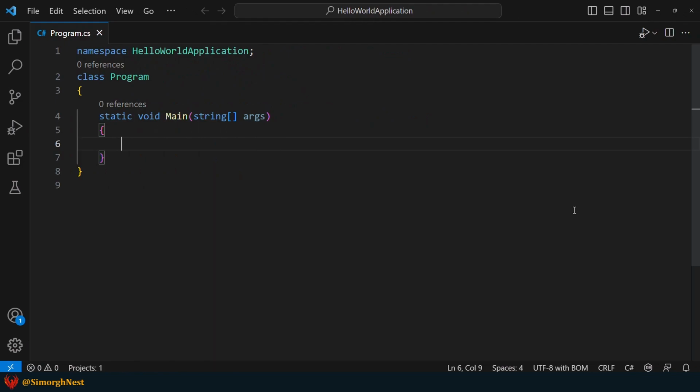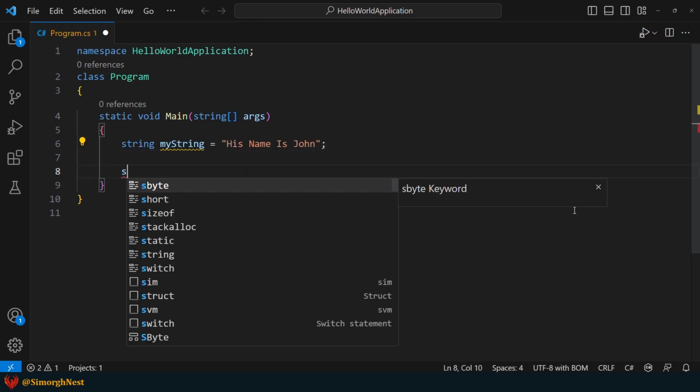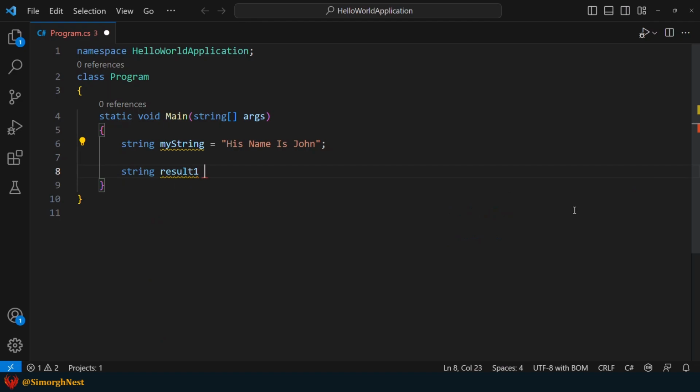Okay, let's start by declaring a string variable and making the first letter of each word uppercase. Next, we'll apply the toLower and toUpper methods to this string.